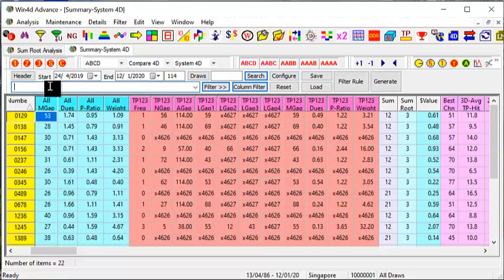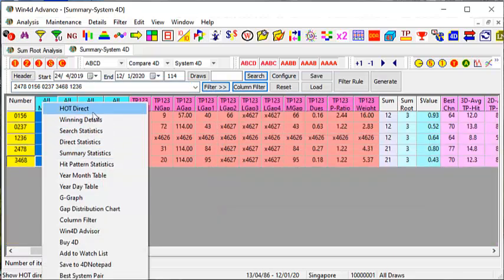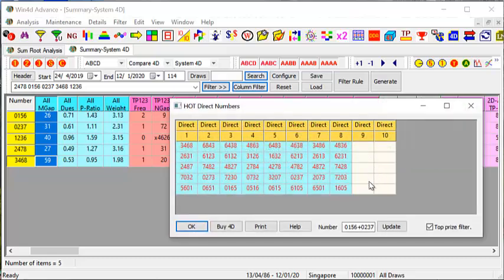I've got this following set of numbers that I've already narrowed down for you. I've got 2478 in my list, and I've got 0156. I've got 0237, I've got 3468, and I've got 1236. Out of these 5, I would recommend that you follow closely the 3 sets I have for you. One of them is 0237, another set is 3468, and one more set to go is the